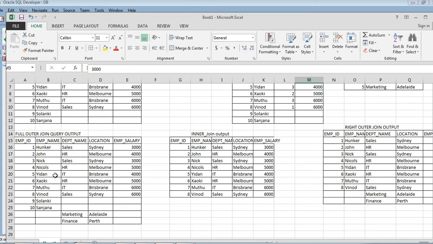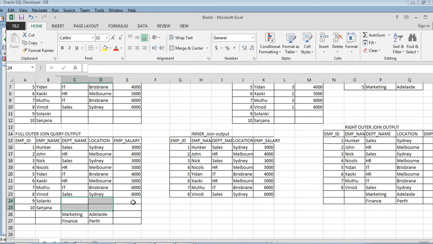At the end, what is present? These two new resources who newly joined this organization. Since they have joined newly, the department ID is not allocated. Due to that, department name and location are reflected as blank in our output data.